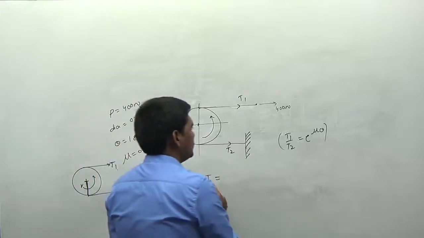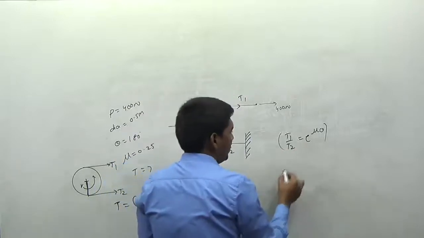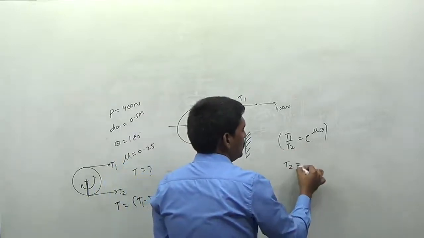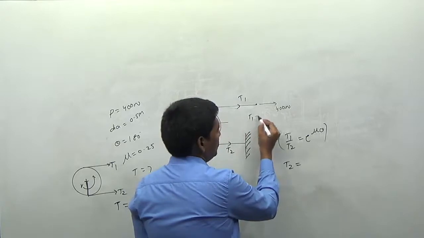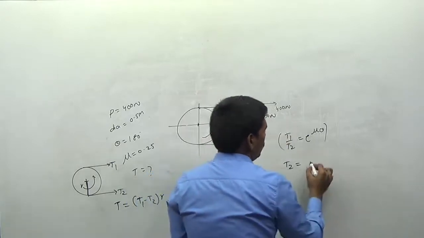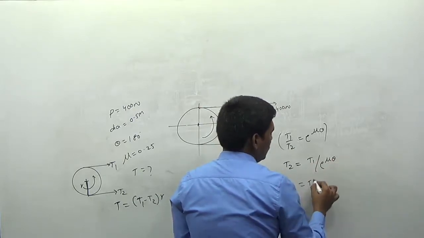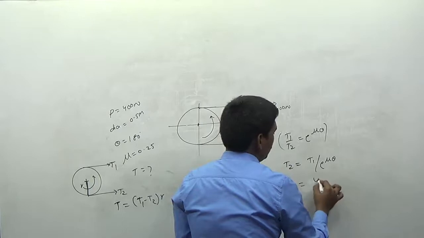Therefore, I can say T is a torque here. So how can we determine the value of T2? T1 is equal to 400 newtons. So T2 is equal to T1 divided by e power mu theta. What is the value of T1? It is equal to 400